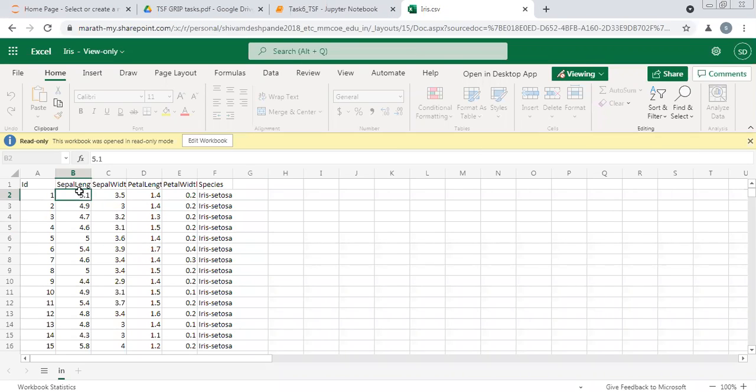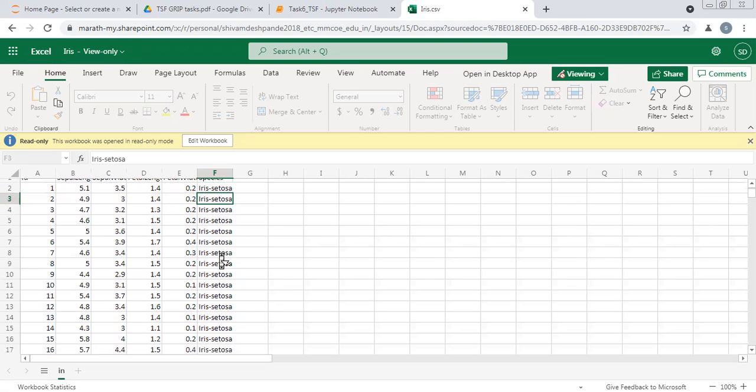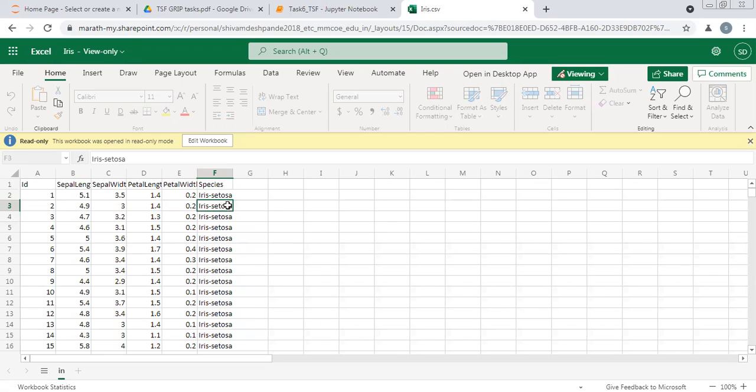Our data set contains four input variables: sepal length, sepal width, petal length, and petal width, and one output variable, or predictor variable, you can say, which is the species. There are a total of 150 entries in the data set, 150 entries in each of these columns, so 150 entries of species as well. Here we can find three types of species: Setosa, versicolor, and virginica. Each species has 50 entries: 50 entries of Setosa, 50 of versicolor, and 50 of virginica.